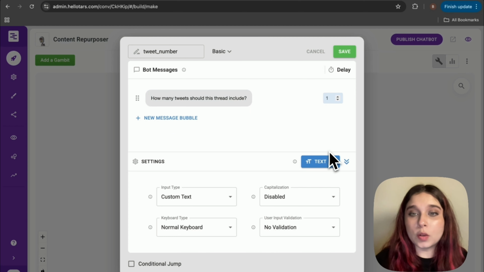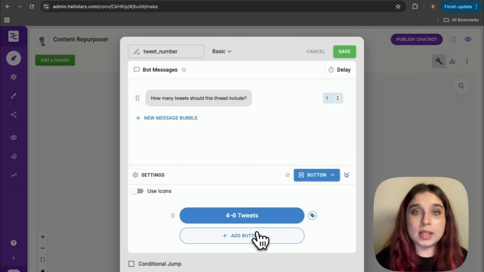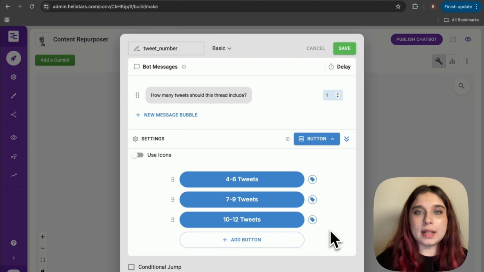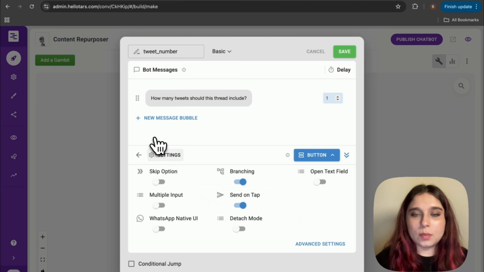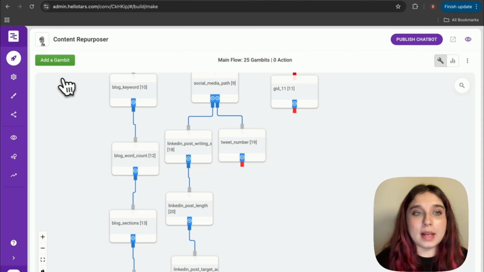I'm going to add button options here. 4 to 6 tweets, 7 to 9 tweets, and 10 to 12 tweets. I'm going to go to settings and enable detach mode and disable branching, because no matter what the user chooses, we want them to follow the same path. Now I'll add another gambit, attach the 2 gambits,